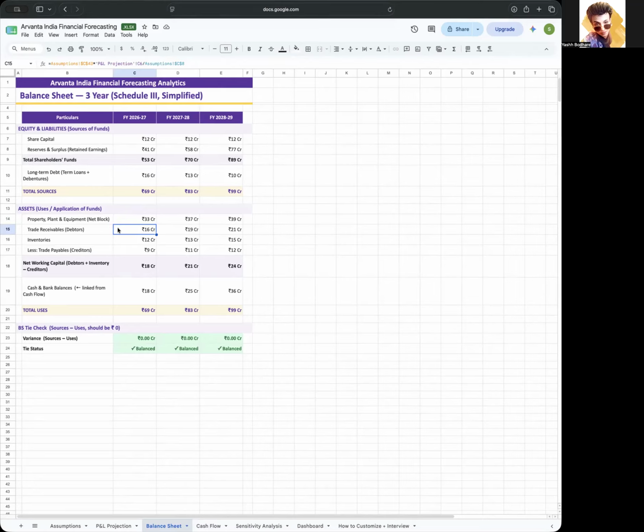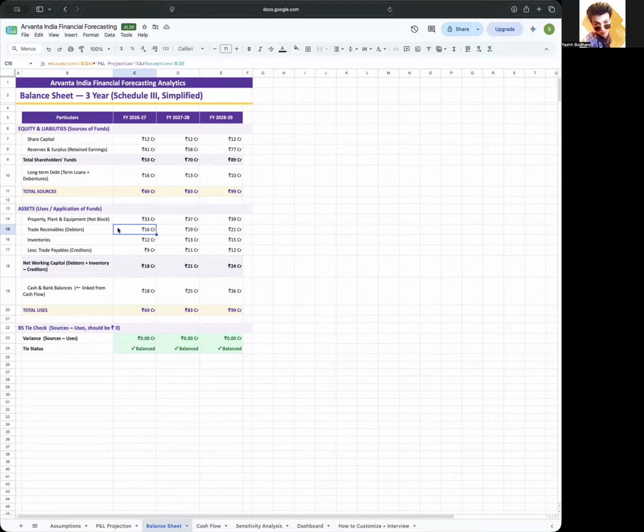Moving on to trade receivables, also known as debtors, represents money customers still owe to the company after sales have already been made. So as revenue increases, receivables also increase because more sales are happening on credit. This is perfectly normal for a growing manufacturing business. Now, receivables,